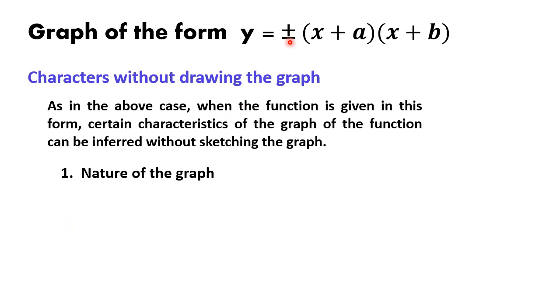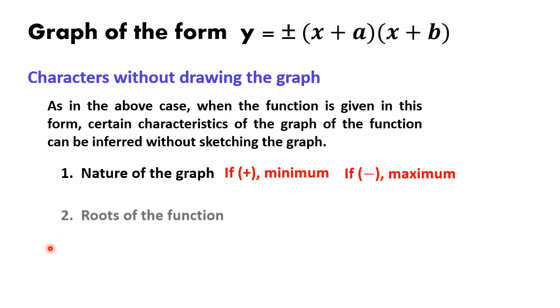So that is depend on the sign here. If the sign is plus, the graph is minimum, and if the sign is minus, the graph is maximum. Therefore, the nature of the graph is depend on the sign, or we say the coefficient of the quadratic term. Number two, roots of the function. Especially in this type of graphs, we can determine the roots without drawing the graph, because